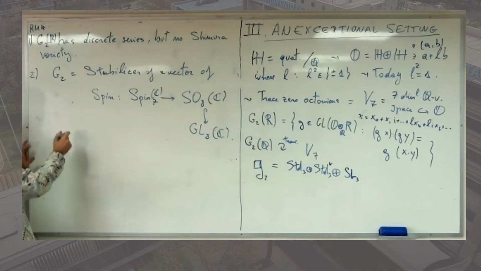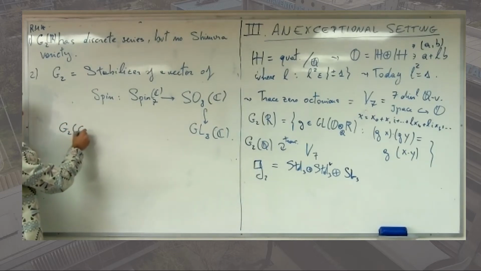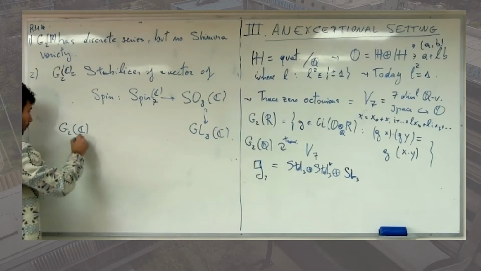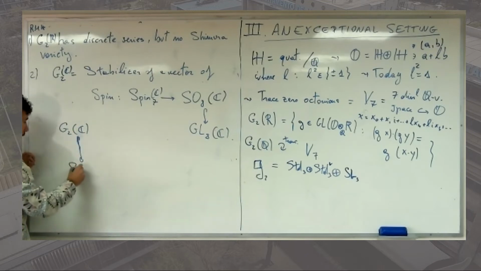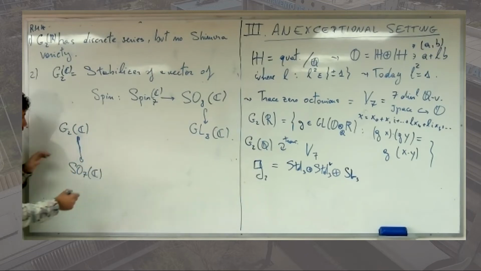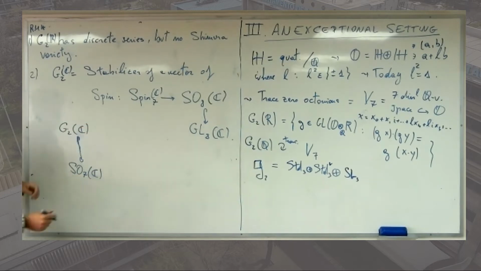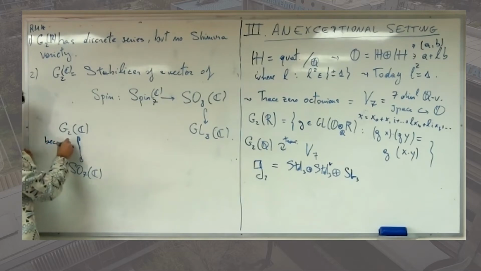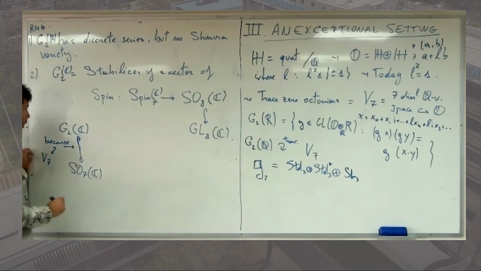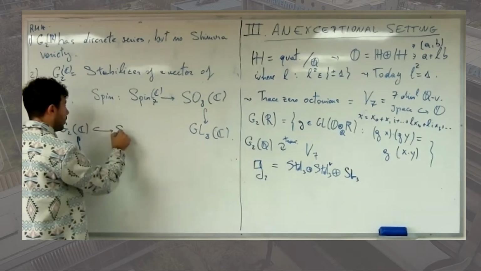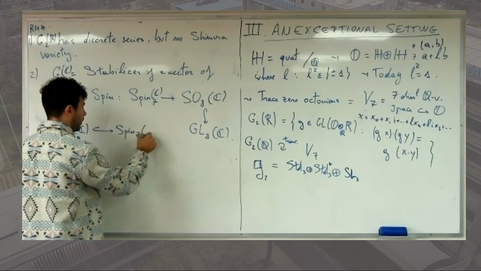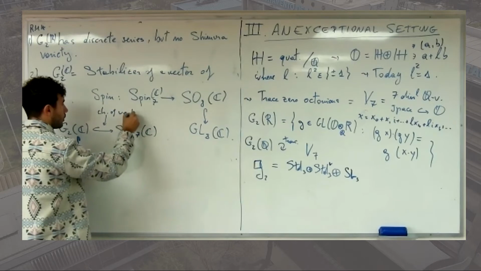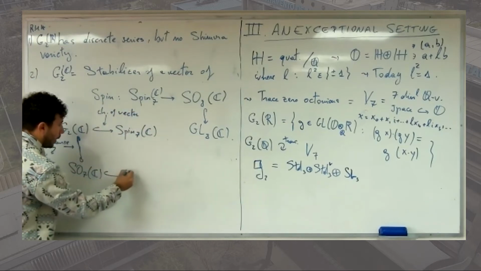And somehow the picture that one gives is the following. G2 of C sits inside SO7 because of its action on the octonions B7. And that's transitive on V7, but it belongs to spin 7. Sorry, and this depends on a choice of a vector. And SO7, well,